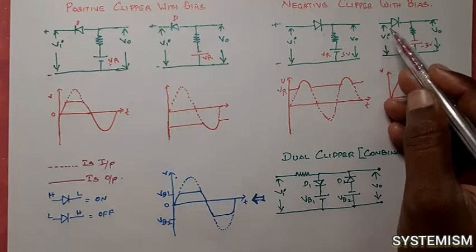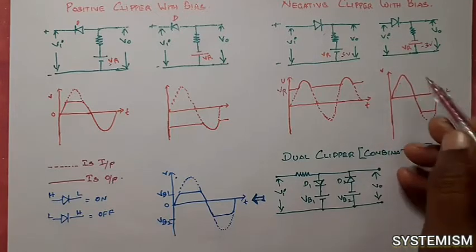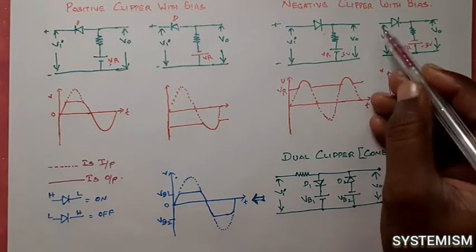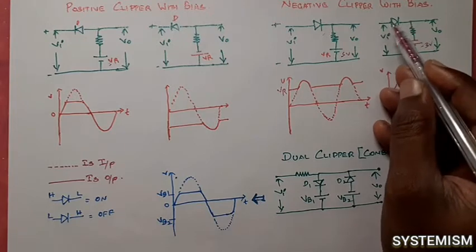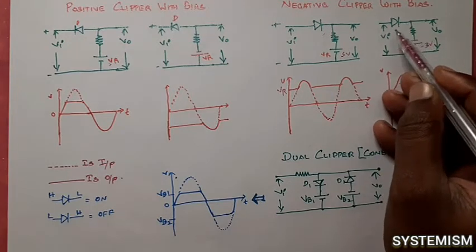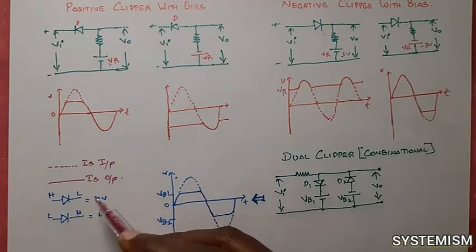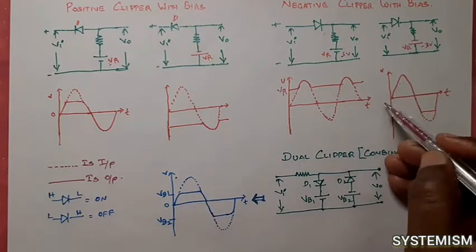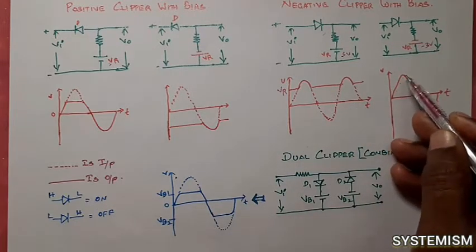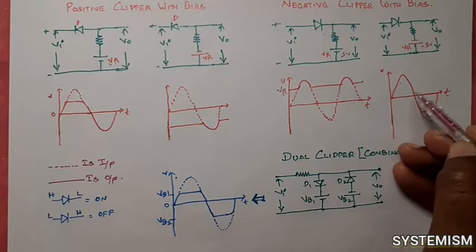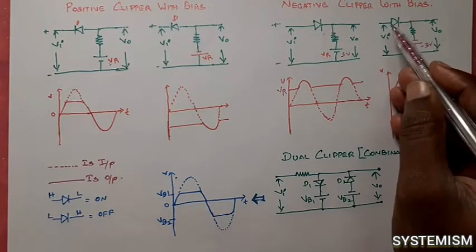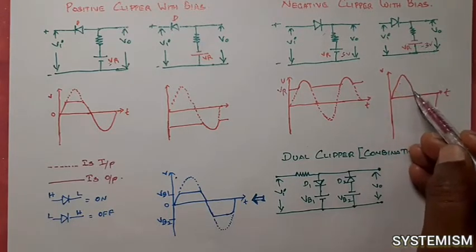I am giving the input signal. Input signal means a complete sine wave. So I give 1 volt here, minus 3 volt here, high here, low here. No problem, the diode is in the on condition only, so the signal is coming in the output. Then up to 0, here minus 3 volt, no problem, the diode is in the on condition, and the signal is coming in the output.